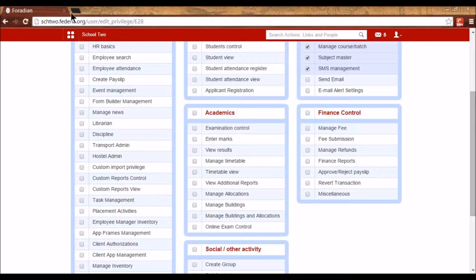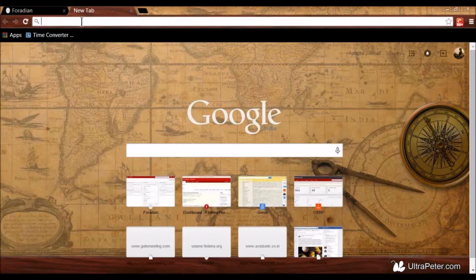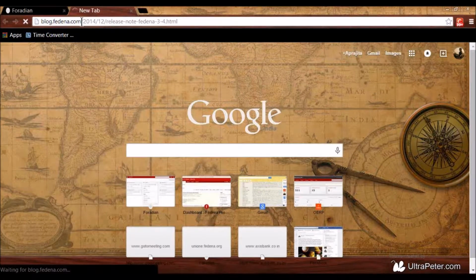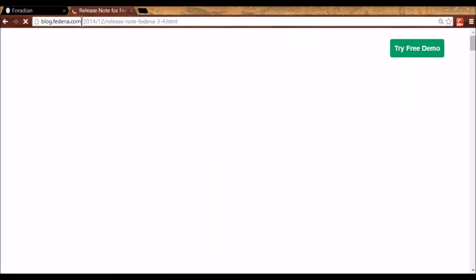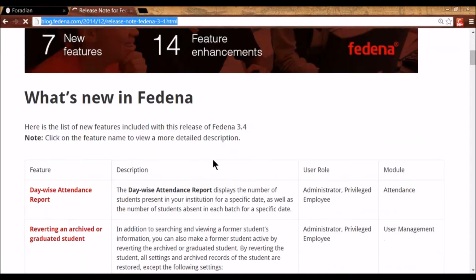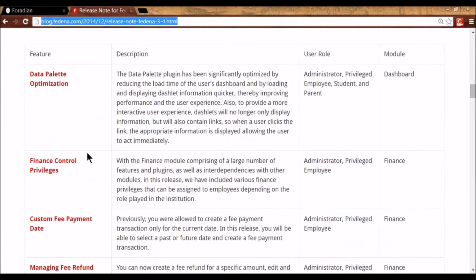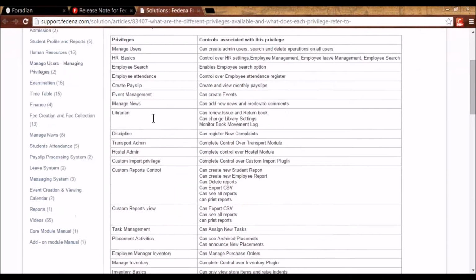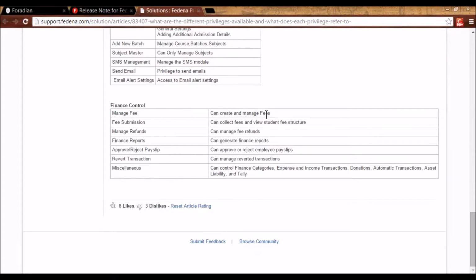All these details are also available in our blog. This is the link that I'm going to also put in the chat. Here, all these features are mentioned, and to see more details, you can click on this. For example, I'm telling you about this finance control privilege. When you click on this, you will be able to see more details about each and every privilege: when I assign manage fee, what the employee can do, when I assign fee submission, what the employee can do, and so on.